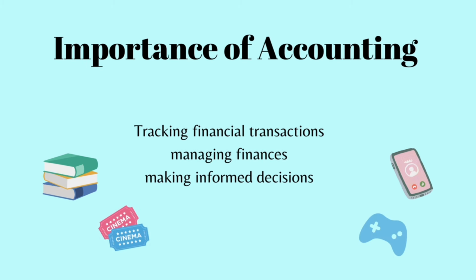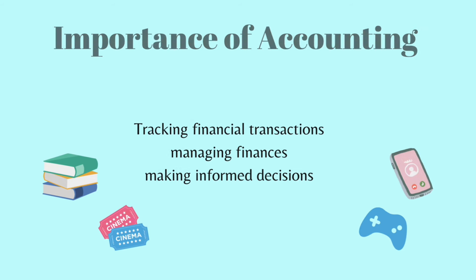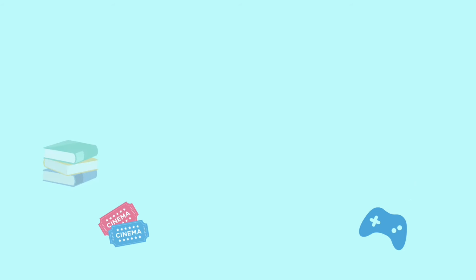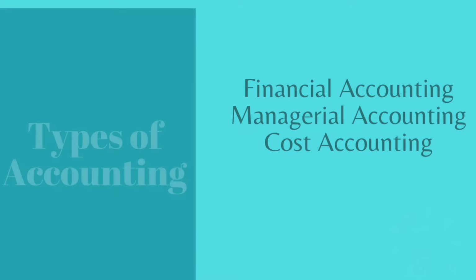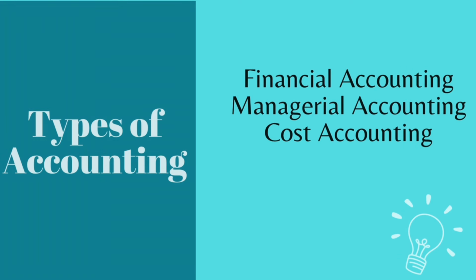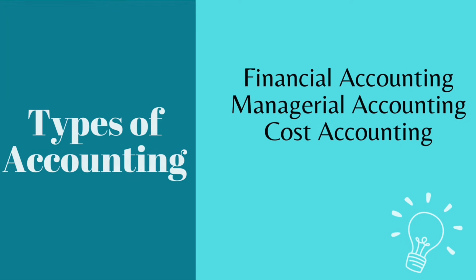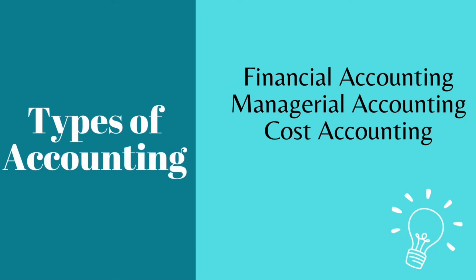So those are the finances within our pencil business and our transactions. If we've sold 10 pencils today, or we've sold 5 pencils and we bought 100 pencils, those are our financial transactions that we're trying to track and see how they're going. And from that, we can make informed decisions. And that can be seen in 3 types of accounting. That is the financial accounting, managerial accounting, and cost accounting. We will get into that in a different video. But for today, remember, there are 3 types of accounting. And the importance of accounting is to track, manage, and to make informed decisions.